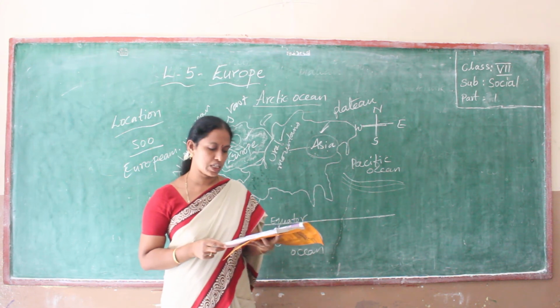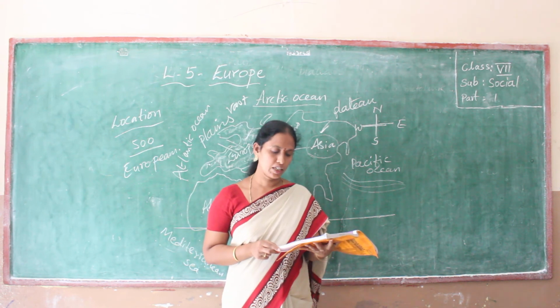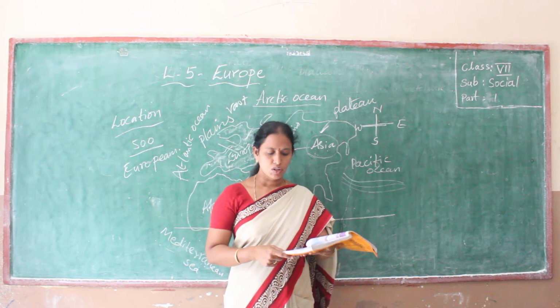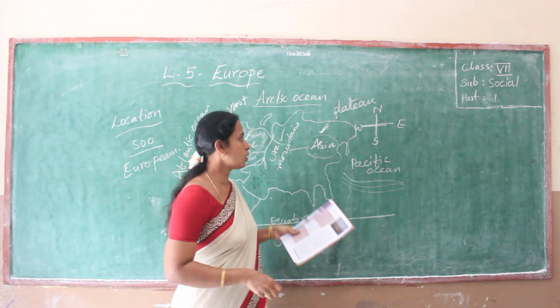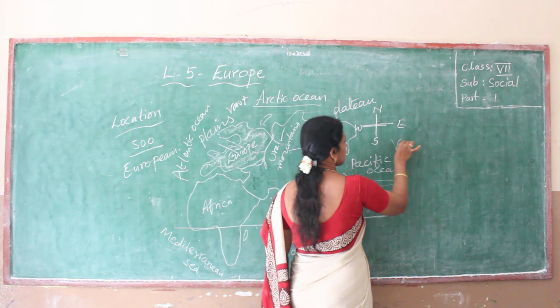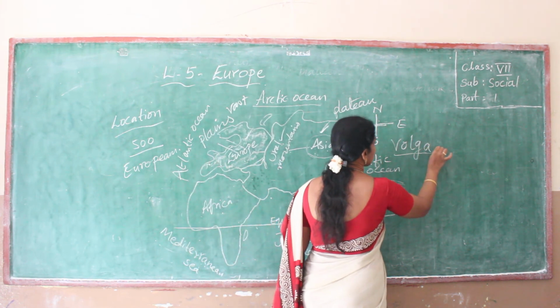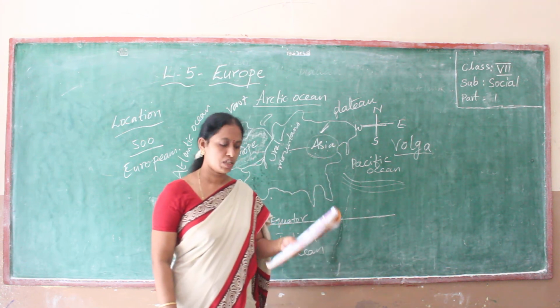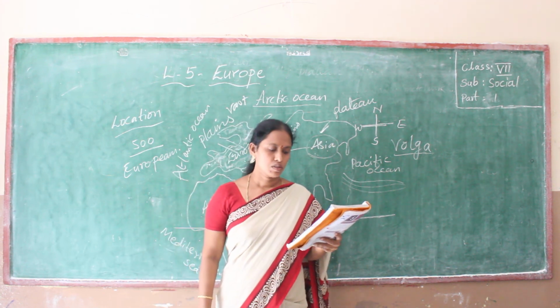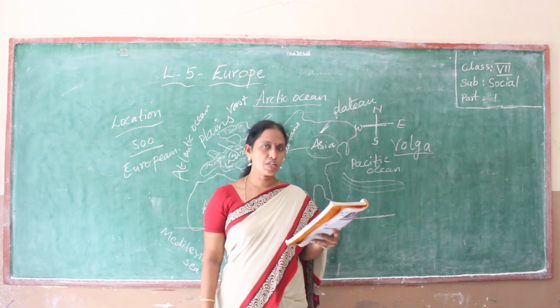It is from these plains that rivers like the Dnieper and the Volga flow. Which is the longest river in Europe? The Volga. The Volga is the longest river in Europe. European rivers are used